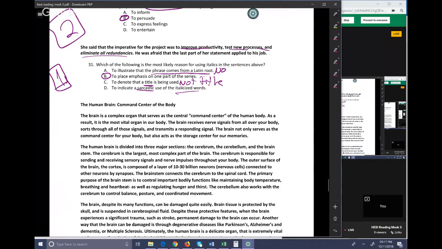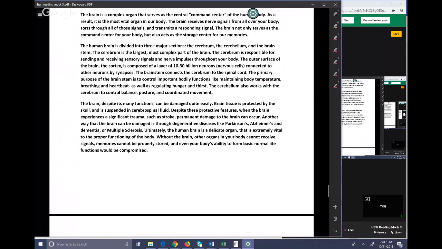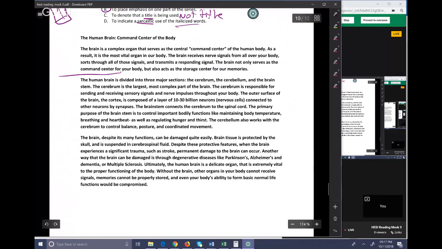The human brain is the next passage. What I said from the intro is that my main idea is the brain is the command center and the storage place for memory. So it's obviously going to be a general article about the brain. That's okay if that's what you said the main idea is. If you got more specific and said, oh, the brain is a command center and stores memories, that would be based on your more specific thesis statement. Remember that a thesis is the specific place where they state the main idea.